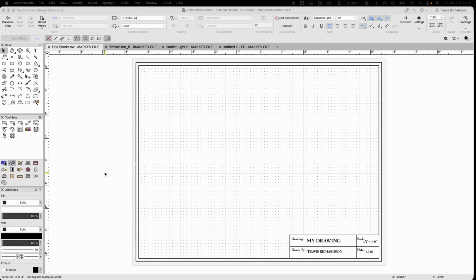Welcome back to our Vectorworks 2026 drafting tutorial. This is a continuation of the previous tutorial on creating title blocks. In this section, we'll create borders and title blocks for larger format drawings that'll be a little bit more in-depth and complicated. So from my previous file, my title blocks file, I'm going to go in and start working with